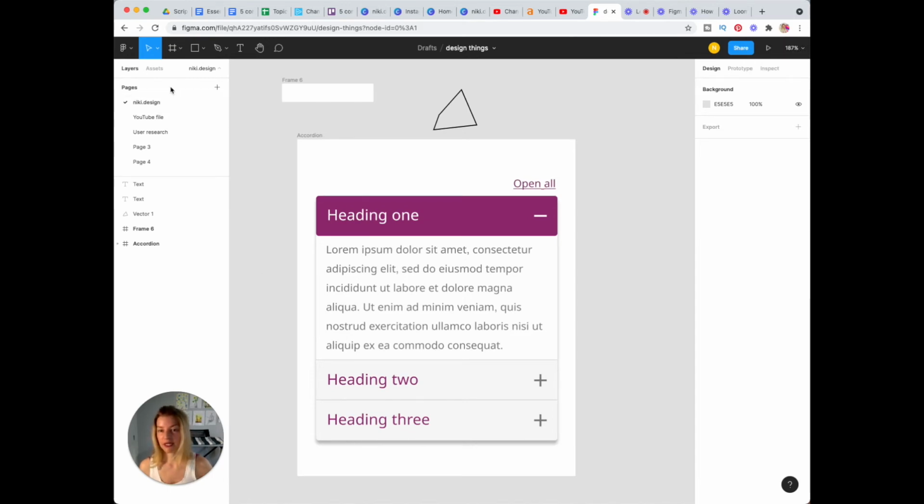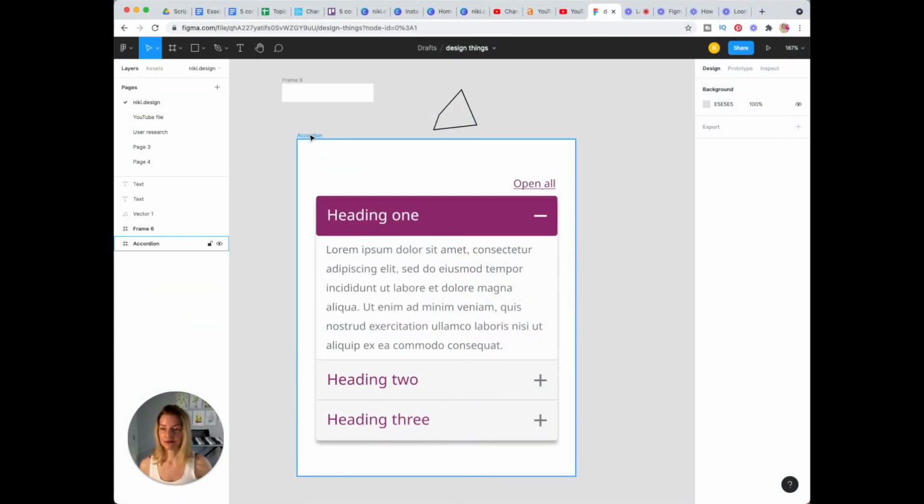So next we have two panels on both sides. So this is our layers panel. This is our properties panel. On the layers panel, we have layers, as you can see, assets. So on the layers panel, we can have multiple pages within a file. This is a page that I just named Nikki.design.